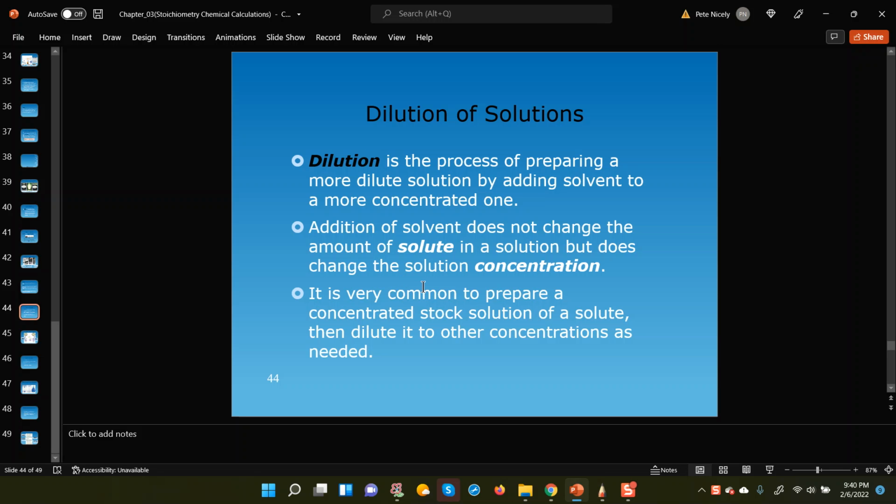Now we're going to look at a very important practice in labs all over, science labs, chemistry, biology, whatever: dilution of solutions. This is something that is necessary very often because very often what you'll find